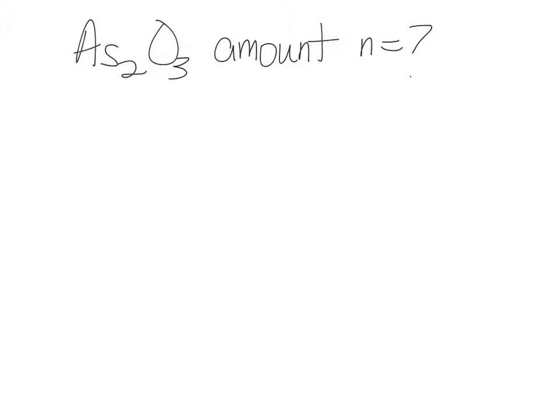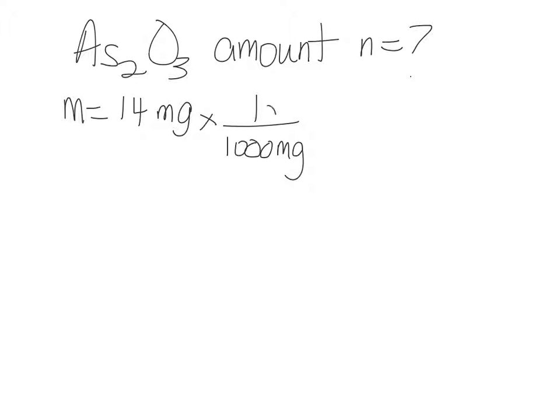For little n, they give you mass as 14 milligrams. You have to convert that to grams. So 14 milligrams, divide by 1,000, you get grams. If I want the n, small n,